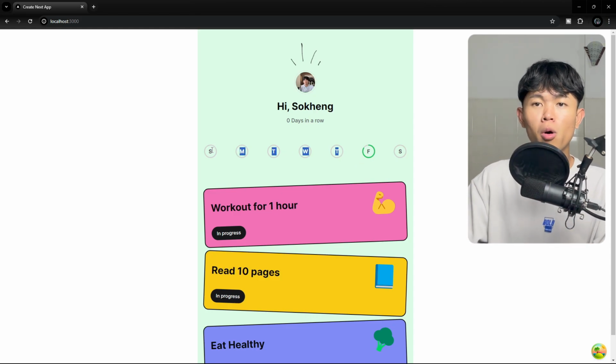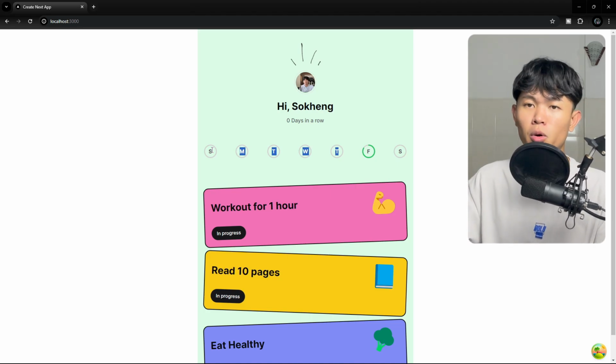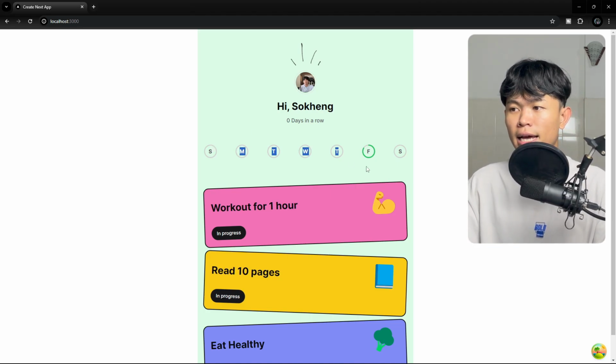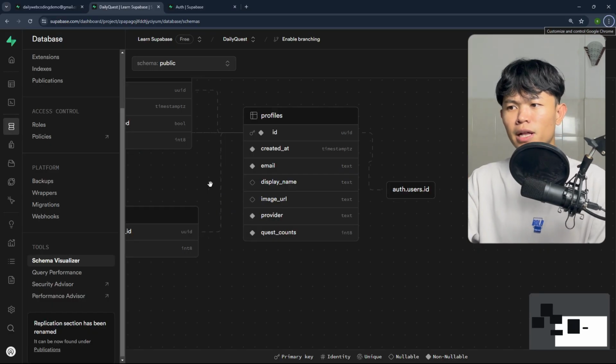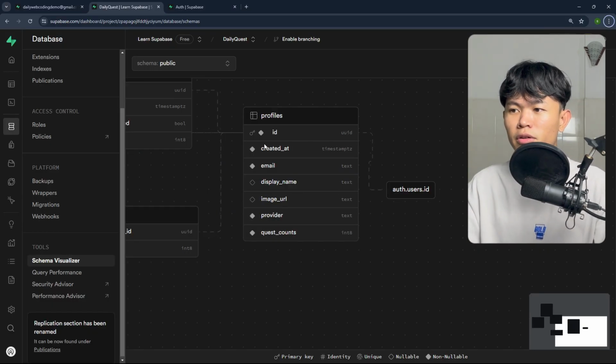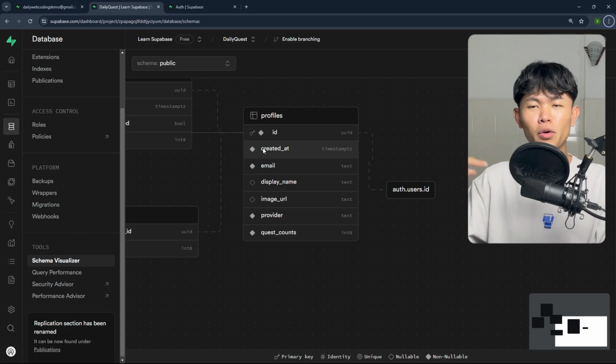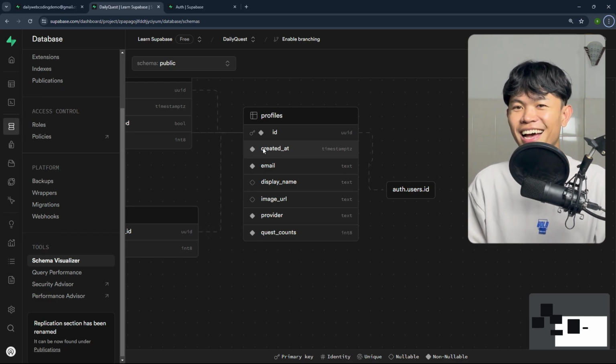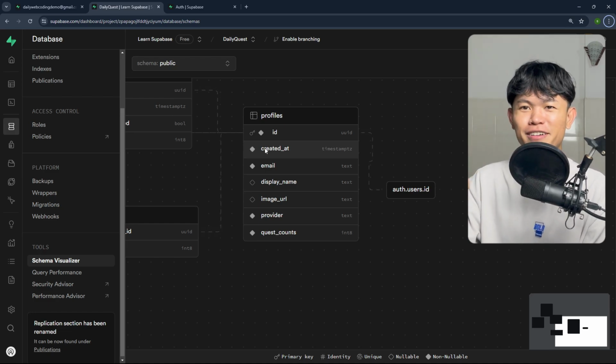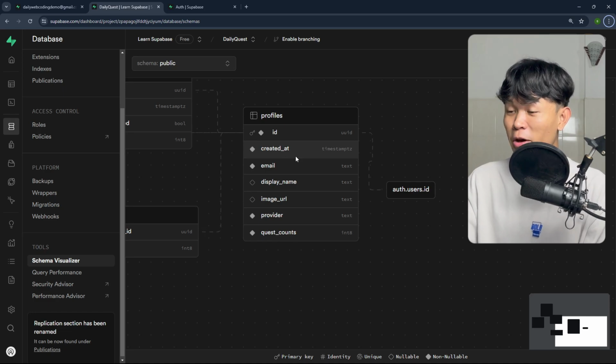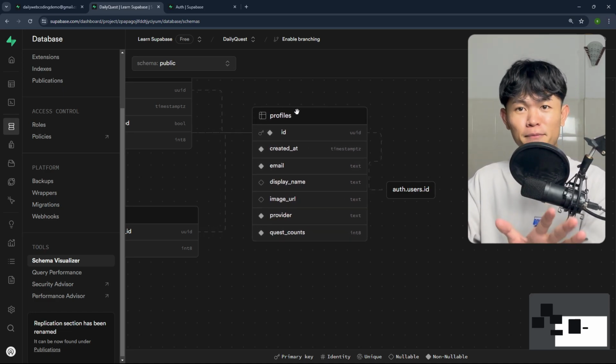For that, we need to know when the user started this quest or when the user was created. And oh yeah, while explaining to you, I think we can just use created_at, right? When the user is created, it means they start a quest, so we can count it from there. All right, that's good. I'm going to use it rather than add a new one.